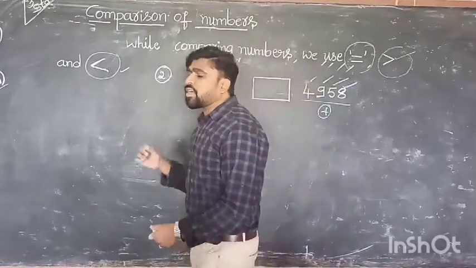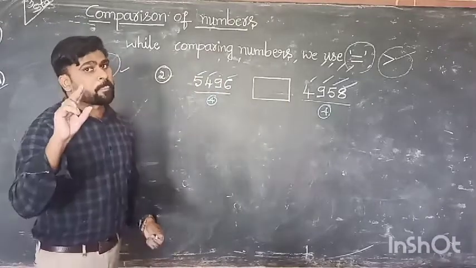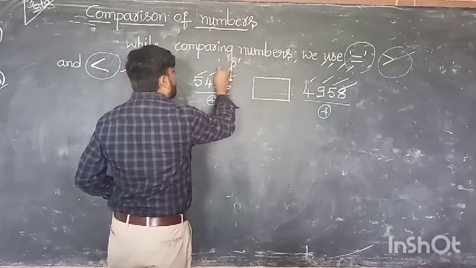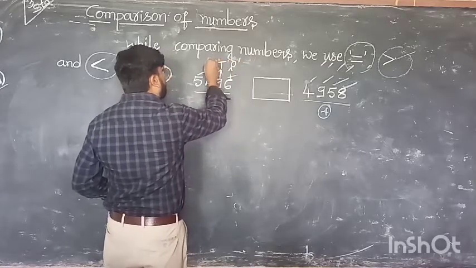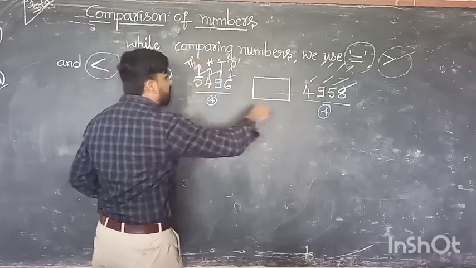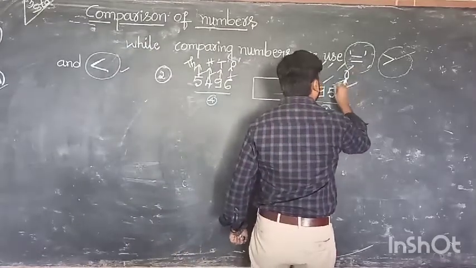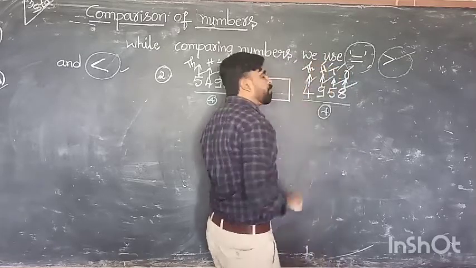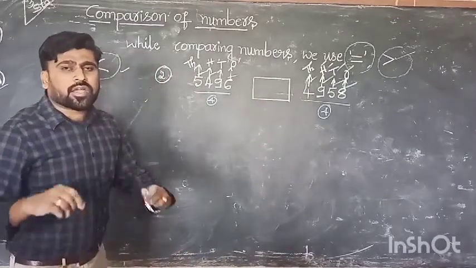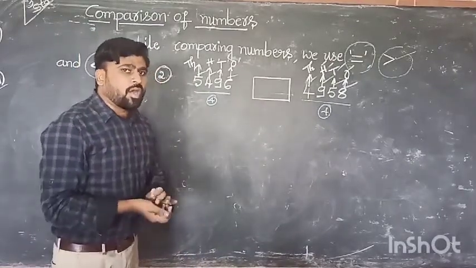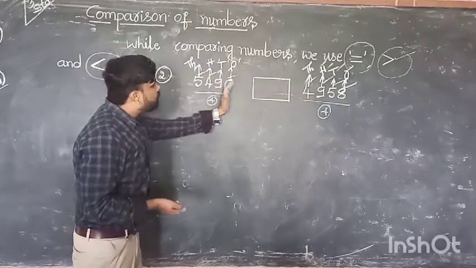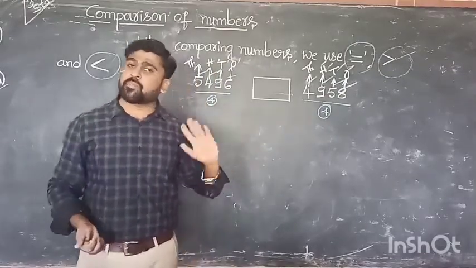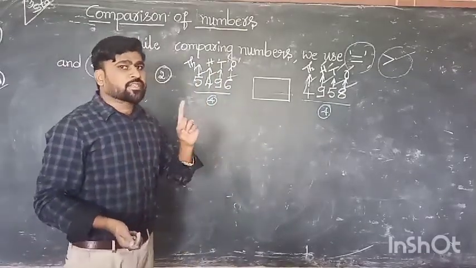See here. Now we come to the place value. Second thing, we come to the place value. Now this is the ones place. This is the 10s place. Now it is the 100s place. Now this is the 1000s place. Same here also: ones place, 10s place, 100s place and 1000s place. Correct? Regarding the second step of comparing, always go from the 1000s place to the ones place and check the digits. Simple. Understood? Check the digits.